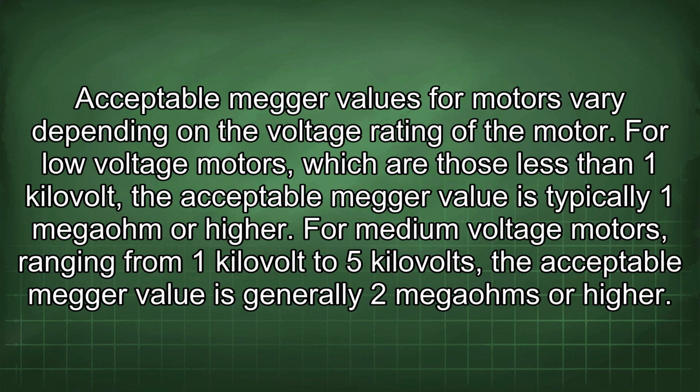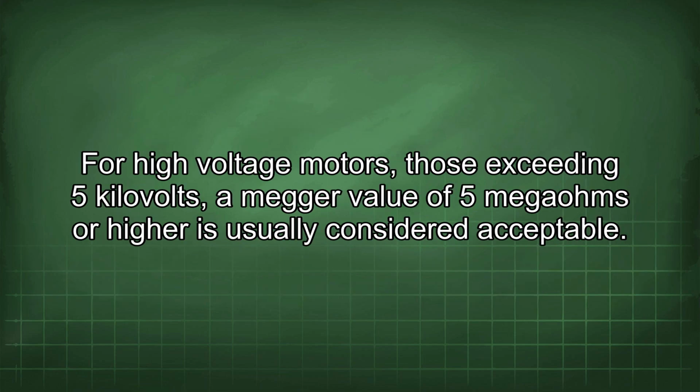For low voltage motors, which are those less than 1 kV, the acceptable Megger value is typically 1 megohm or higher. For medium voltage motors, ranging from 1 kV to 5 kV, the acceptable Megger value is generally 2 megohms or higher. For high voltage motors, those exceeding 5 kV, a Megger value of 5 megohms or higher is usually